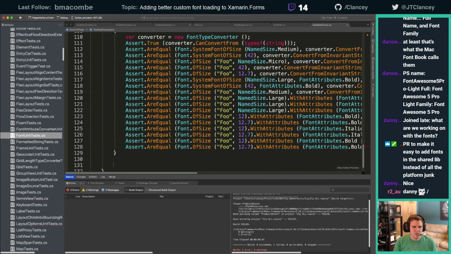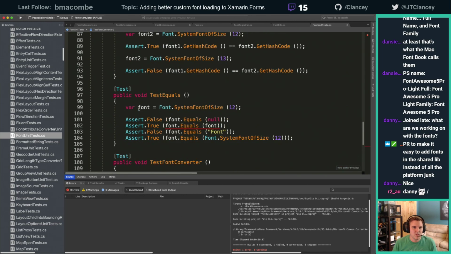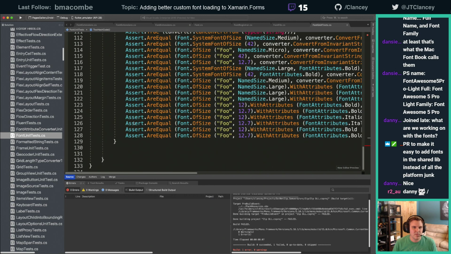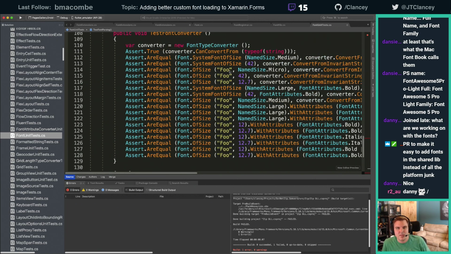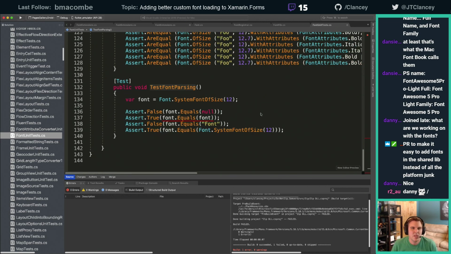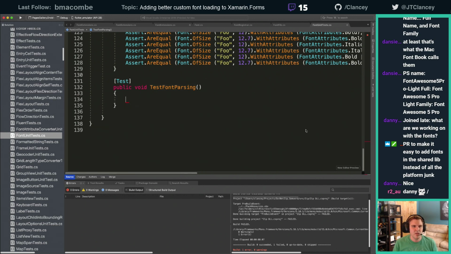All right. So we'll just grab, I always like grabbing stuff. I'm lazy. Okay, so instead of this, we'll say test font parsing. And we probably should add a bunch of these in here. They're doing a bunch of different ones, so we can have a bunch of them. All right, so we don't need this stuff at all. We'll say var,